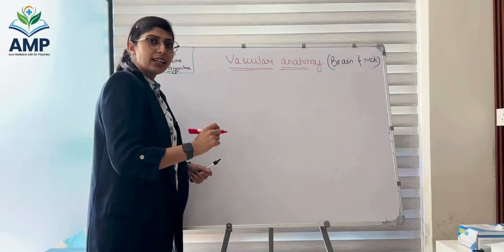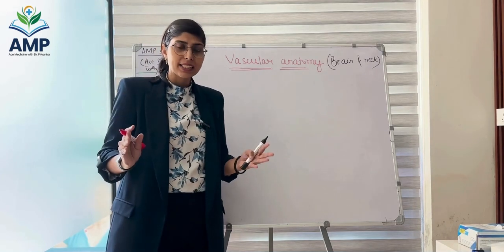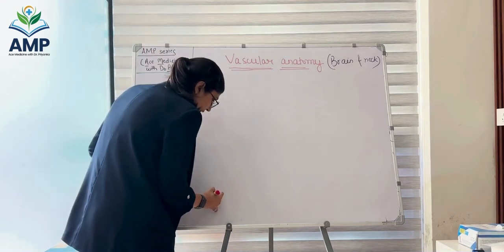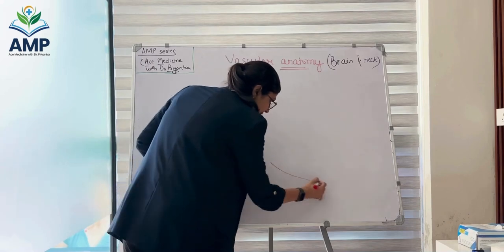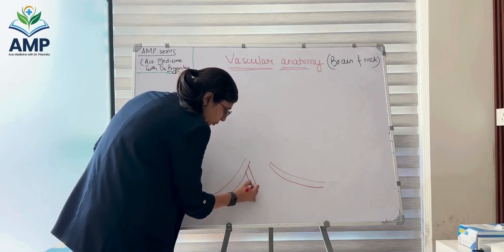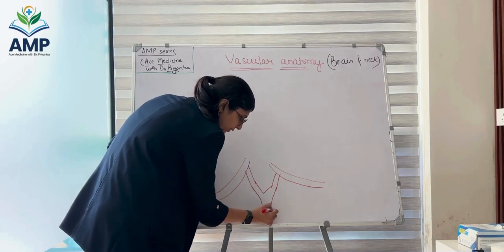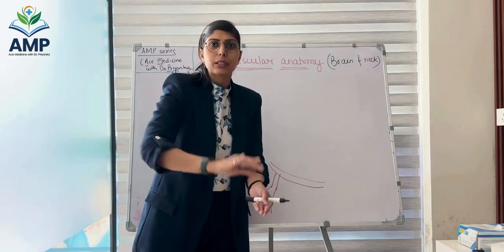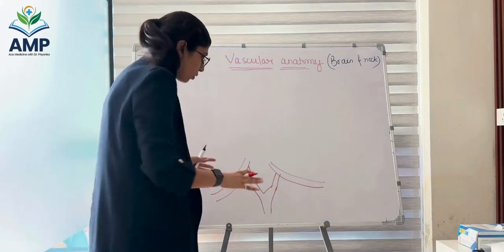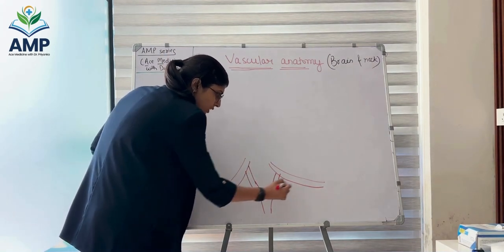Okay, so now let's start and discuss the vessels that are going inside the brain. So we know that the subclavian artery on both sides gives rise to the vertebral artery, that is the posterior circulation of the brain. Let's start from there. So this is the right vertebral artery and this is the left vertebral artery. Draw it with me. Now the vertebral artery is giving rise to the anterior spinal arteries on both sides. The two anterior spinal arteries join together and go down anteriorly into the spinal cord. So an anterior spinal cord ischemia is because of the anterior spinal artery thrombosis, and these are branches of the vertebral artery. Vertebral artery also gives rise to the posterior spinal artery.